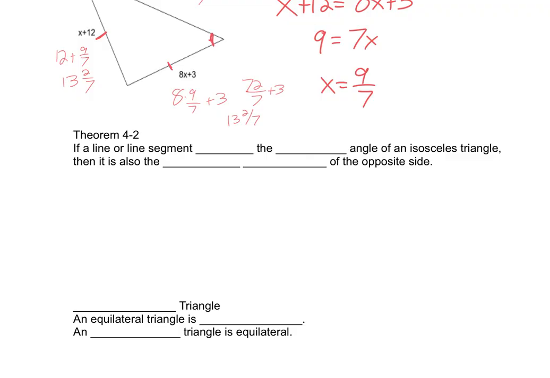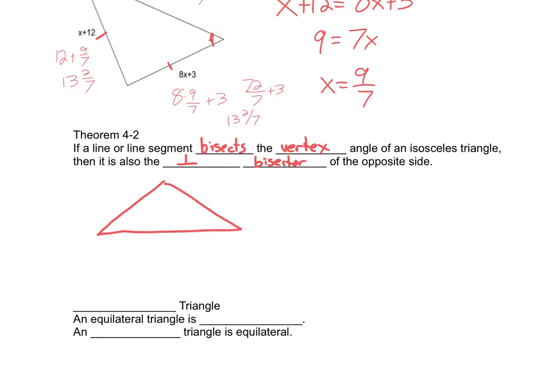All right, theorem 4-2. If a line or segment bisects the vertex angle of an isosceles triangle, then it is also the perpendicular bisector of the opposite side. So what that means,